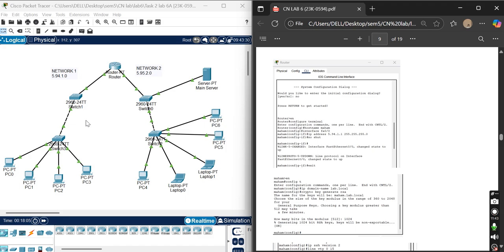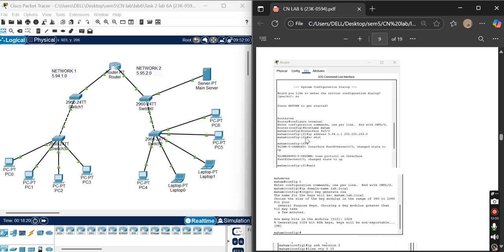Now since we had two networks in this topology, we had to use a router in this. And for router configuration, just like we have commands for our switch configuration, we have similar commands for router configuration.